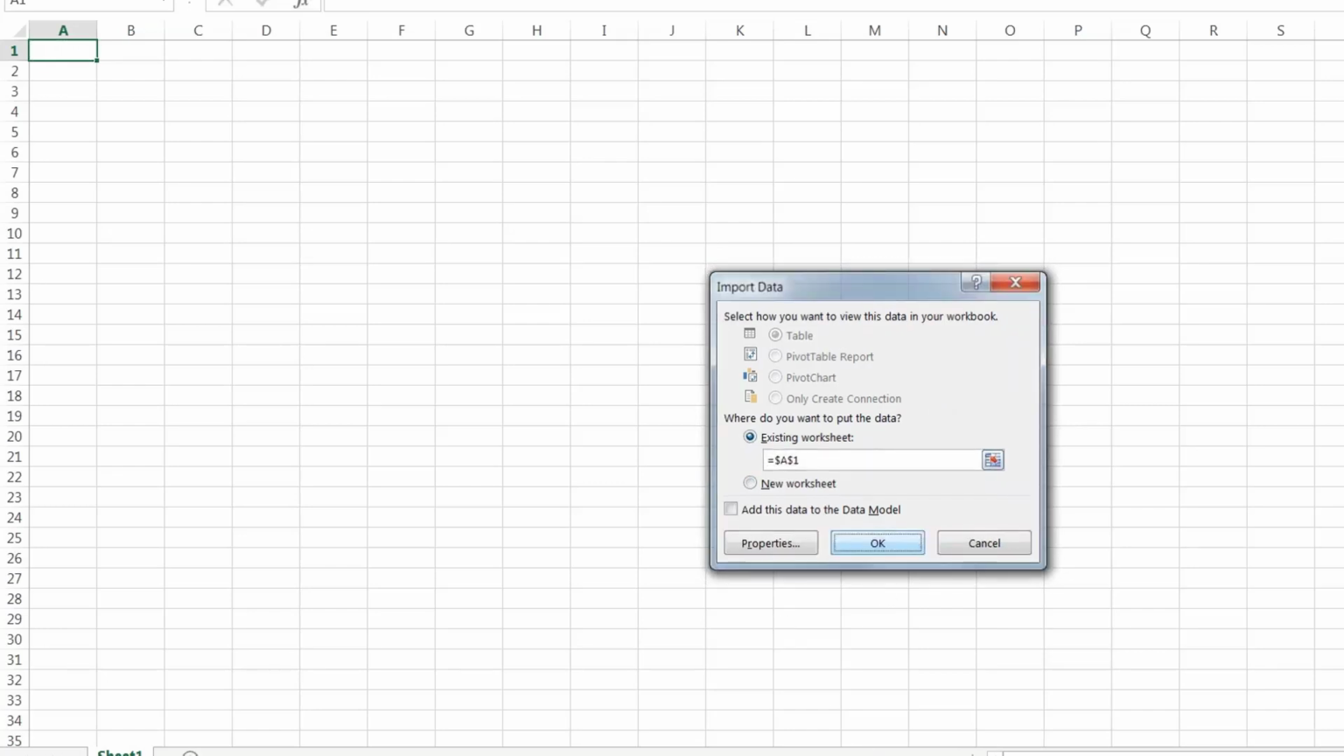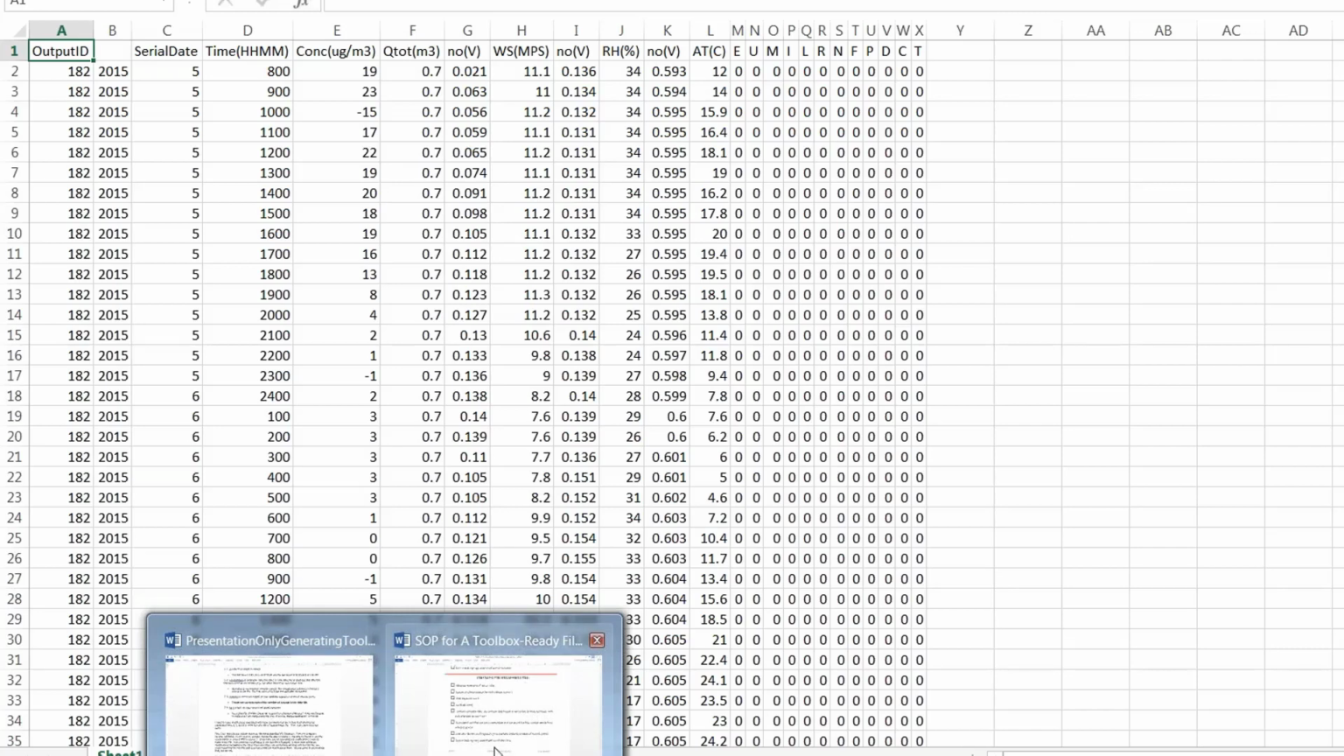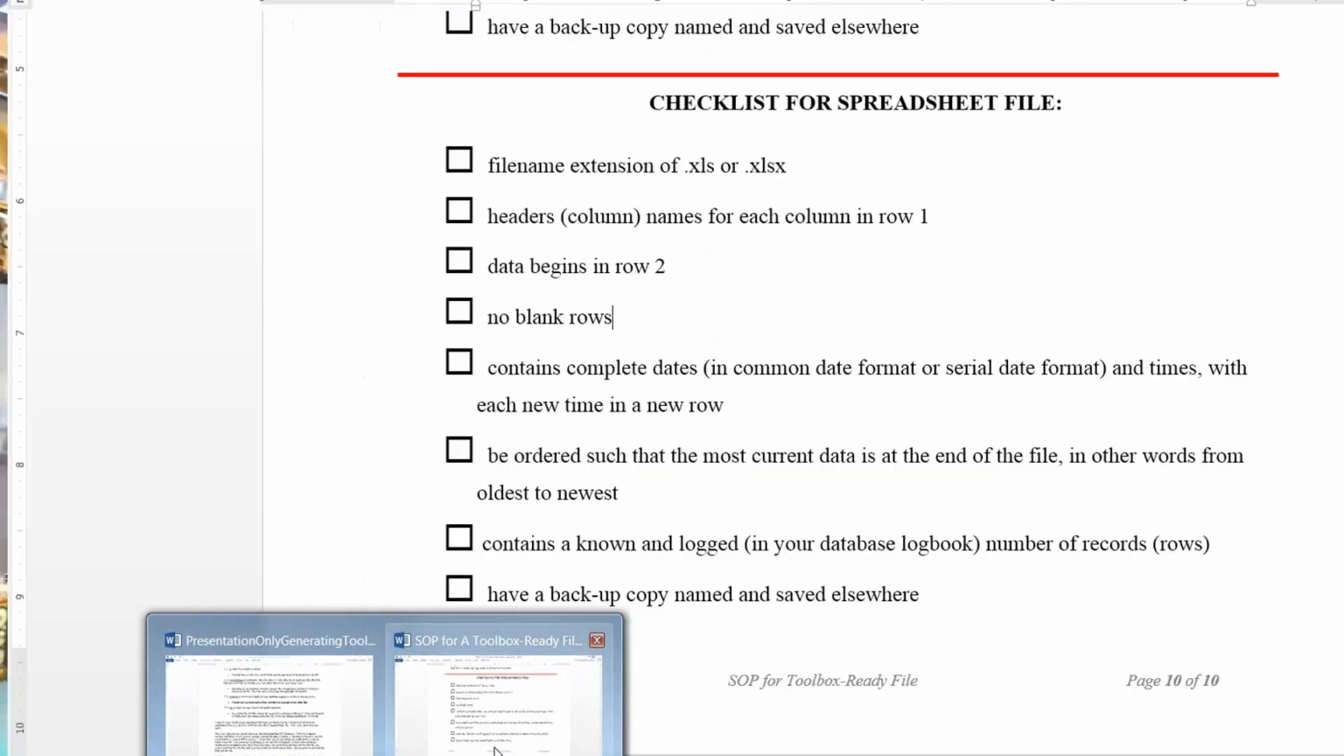And now the file has been imported into spreadsheet format, which is a lot easier to look at compared to the space delimited text file we were looking at. So now let's go ahead and run through the checklist of this particular data file. So let's find where this is in the